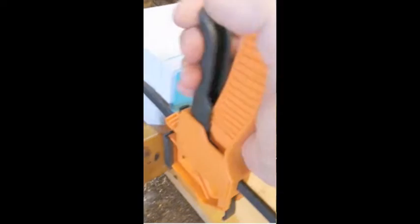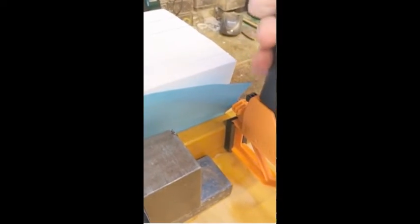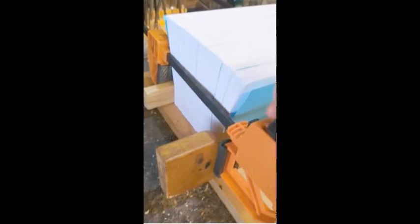Tighten them slowly so you can make sure the books are always in contact with the board. I like to use the same hand for both sides. That way I am going to get equal pressure because my right hand is definitely stronger than my left hand. Tighten them up just about as tight as you can get it. And then you can flip them over